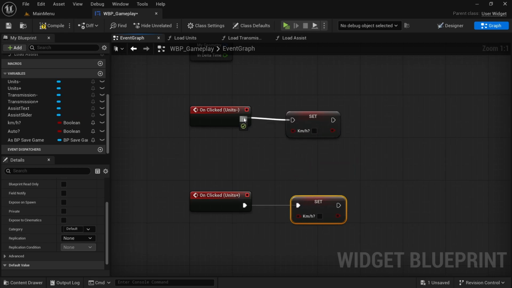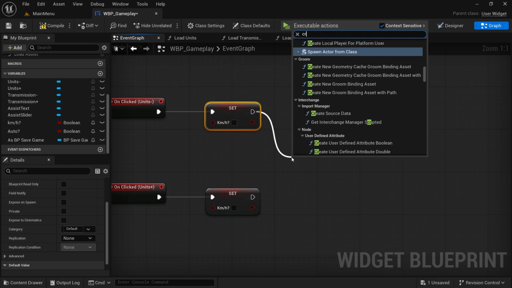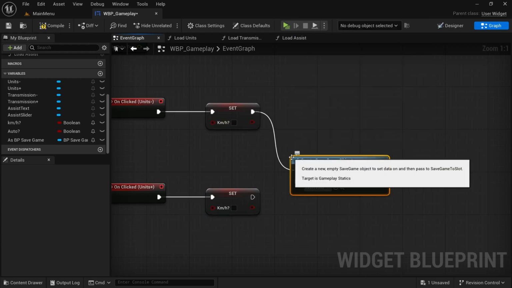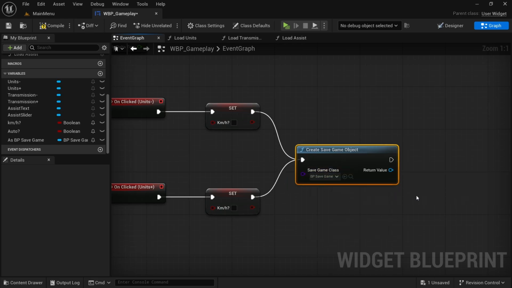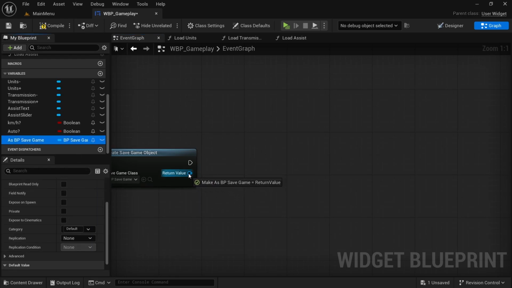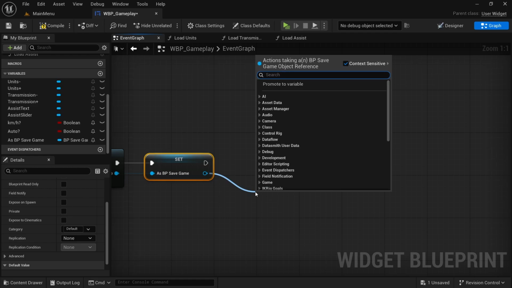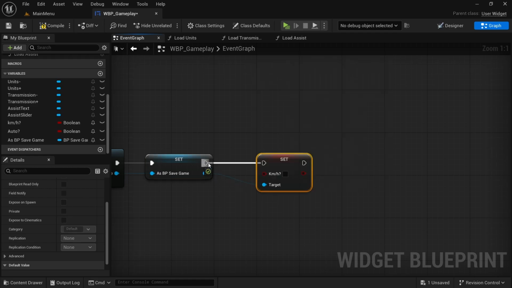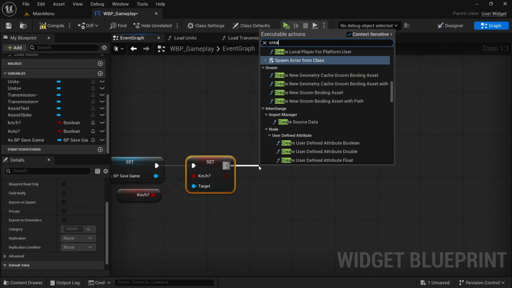then connect the execution pin, and then from either of the set, drag off and then look for create save game object, connect the other execution pin, the save game, BP save game, and then we're going to drag in the as BP save game variable, drop it on the return value, and then we're going to drag off and then look for set KMH, connect the execution pin, bring in the KMH variable, drop it on the pin, and then we're going to drag off from the set and then